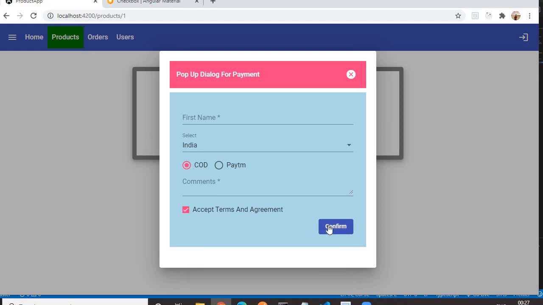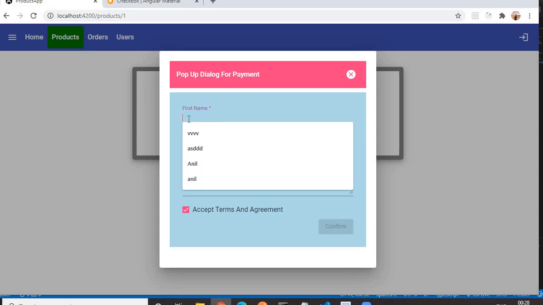As we have added the validator again, we are adding the validator when the user clicks on this form field or that form field. Based on the user click, that form field will be initialized with the validator. If the first name is clicked, then first name will be initialized with its corresponding validator. Then comment will be initialized with its corresponding validator.